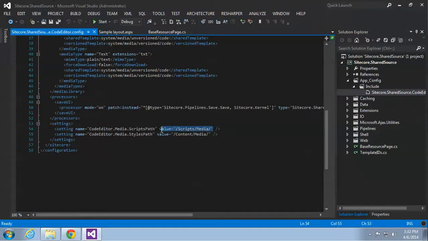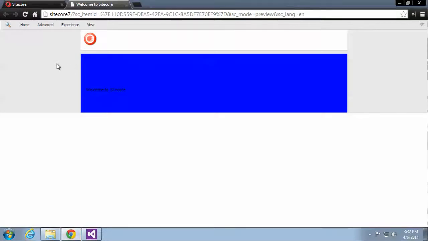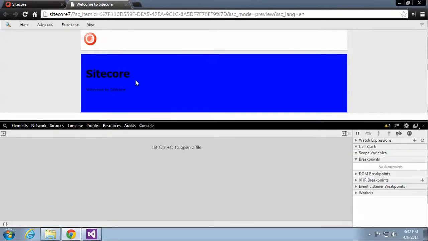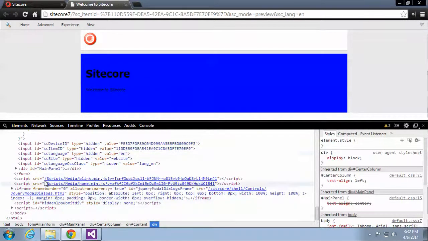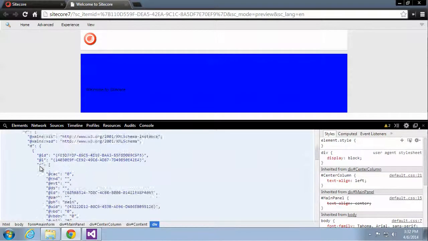And so here I just basically provide the path to where I want those files to be extracted. And once the page gets rendered, it drops the files onto the hard drive and then injects the links into the page. And so here we have the Blink and home JavaScript files,